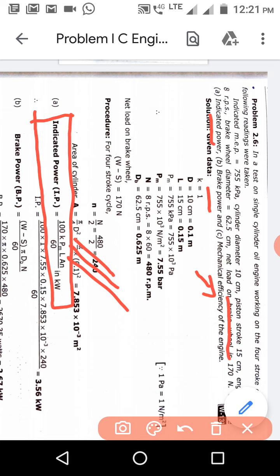So we have converted 15 centimeter into meter, so we got 0.15 meter. Area we have to calculate. Area is